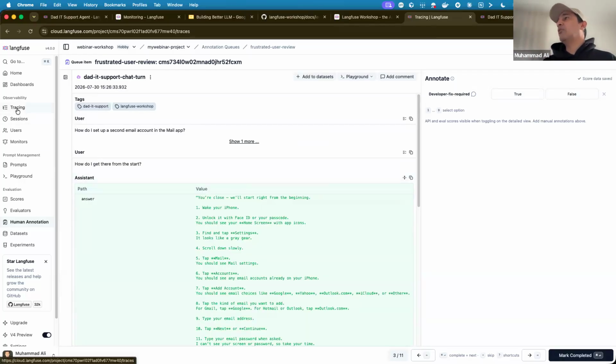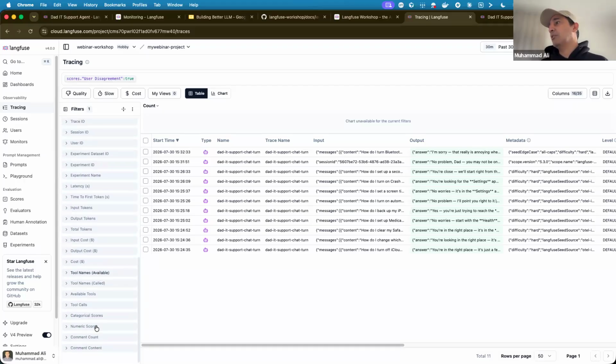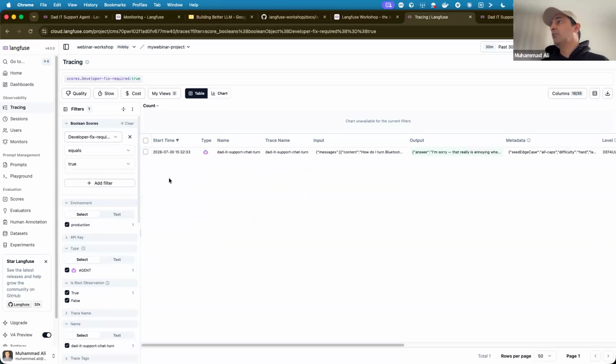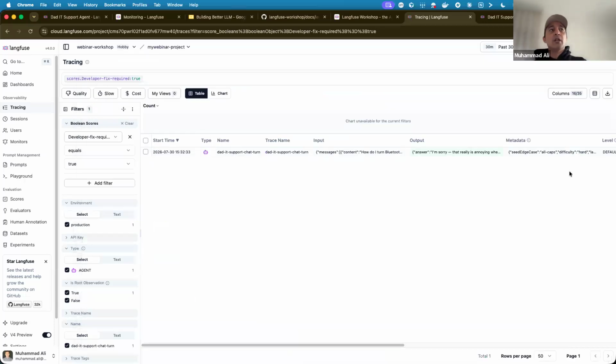And this way, now in the traces, you can filter things that are marked to be fixed. So if I go here and say, where developer fix required is true, what are the traces that require this? You can see now the developer can always come here. In fact, the developer can have their own queue, or they can come and search here. So this way you can find interesting traces, label them, have the human review as annotation, and then the annotation can be used by developers to find the items that they should work on.